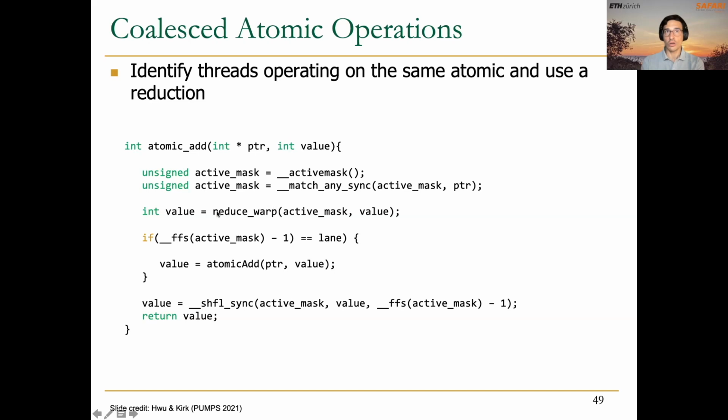Where? Exactly here. We call another function that is reduce warp. Maybe we could directly use a native reduce function that already exists since Ampere. So we call reduce warp with the mask of those threads that have the same pointer to update, and each of these threads contributes its own value. We perform the parallel reduction here for all those active threads and obtain a value, and this is the value that one of the active threads is going to be in charge of adding to the corresponding memory location pointed to by this pointer. In this case, using an atomic add, because we may have threads in other warps that also want to update the same memory location. Observe that to identify which thread is going to execute this atomic add, we use this first